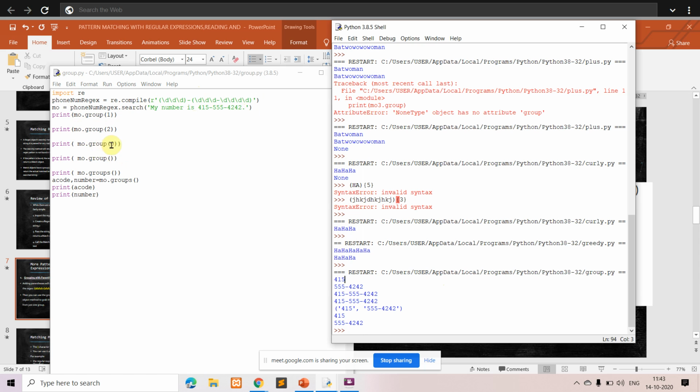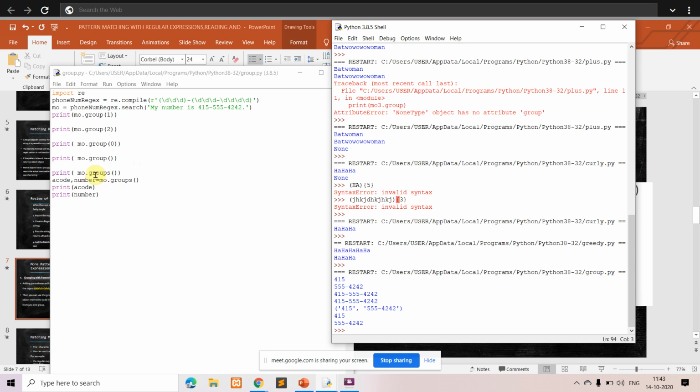Next, you have group 0. When you're not passing any group number here, what happens by default? In this case, the entire phone number will be printed. Similarly, when you're not mentioning which group you want, the entire phone number will also be displayed.